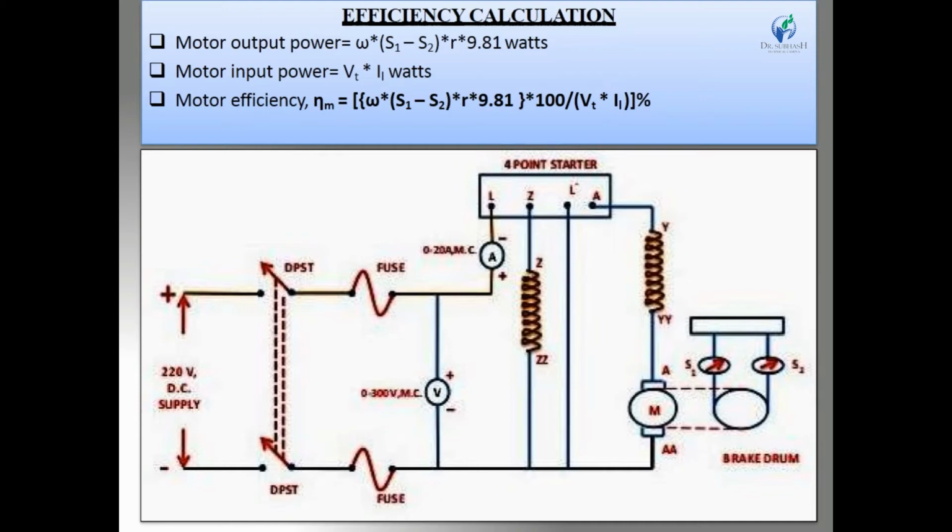Keep the rheostat at minimum position, switch on the supply and start the motor with the help of the starter. Adjust the speed of the motor to the rated value and take down the meter readings for no load. With the help of the hand wheel, adjust the load on the brake pulley, starting from the no load condition. Keep the source voltage constant throughout the experiment as far as possible. Here we note down the meter readings and the spring balance readings.